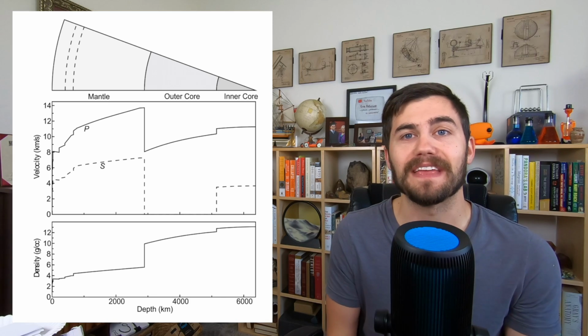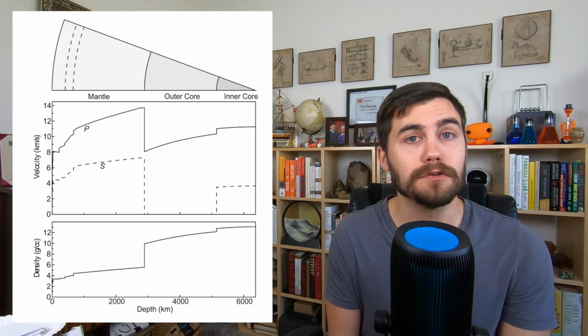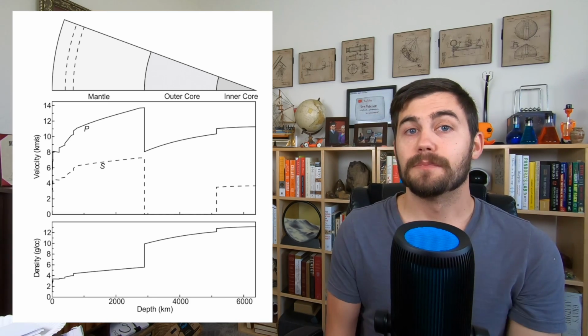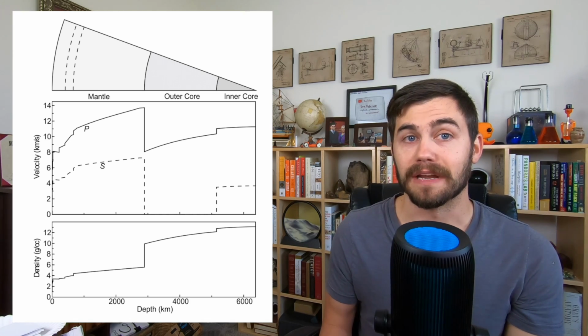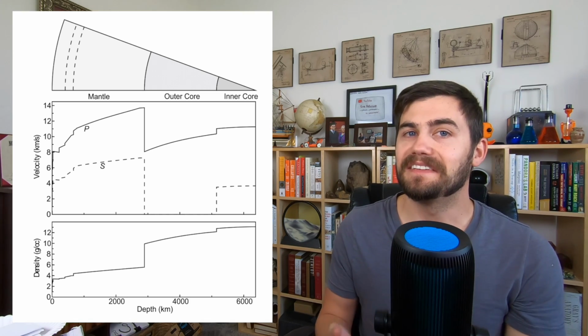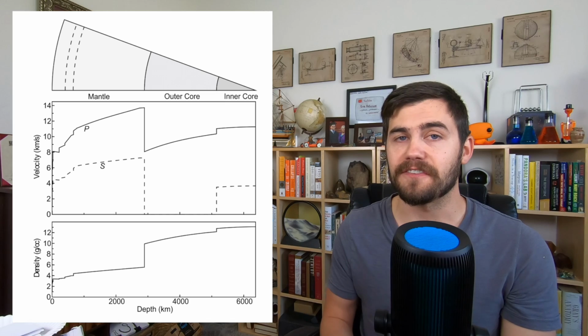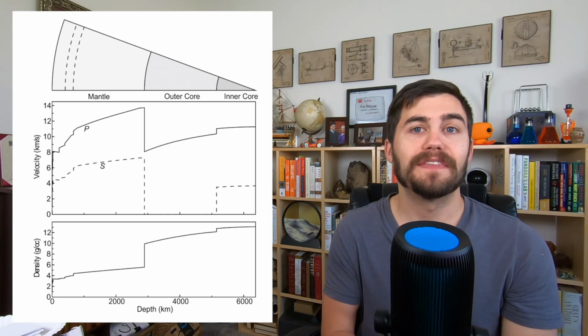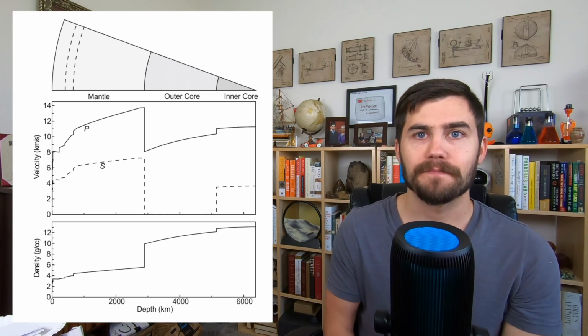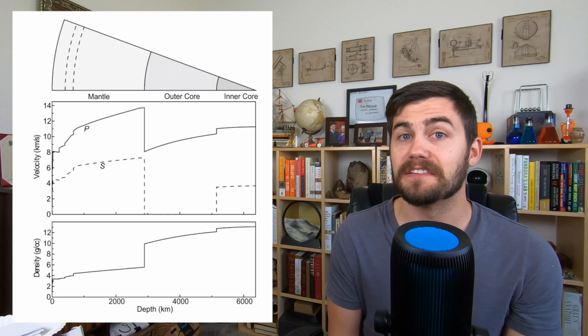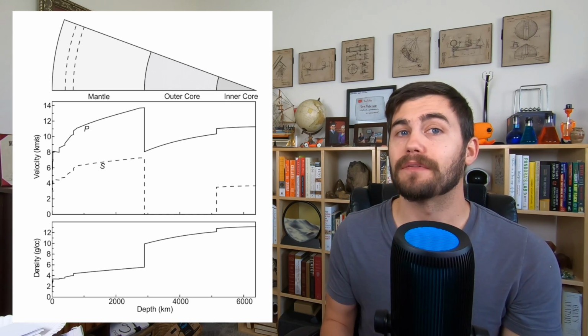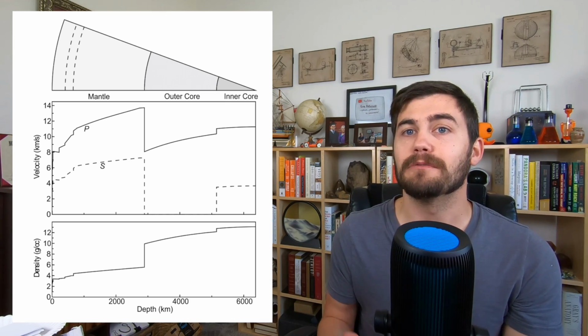Seismic waves continue to increase in velocity through the Earth as the Earth gets more dense. That is, until they don't. Right here at the outer core, seismic waves lose about half their velocity. The material is a liquid at this point, so it's not as rigid. A dense liquid is still less efficient at transferring energy than a much less dense solid. Notice how the seismic waves do increase in velocity throughout the outer core, and then their velocity rockets back up